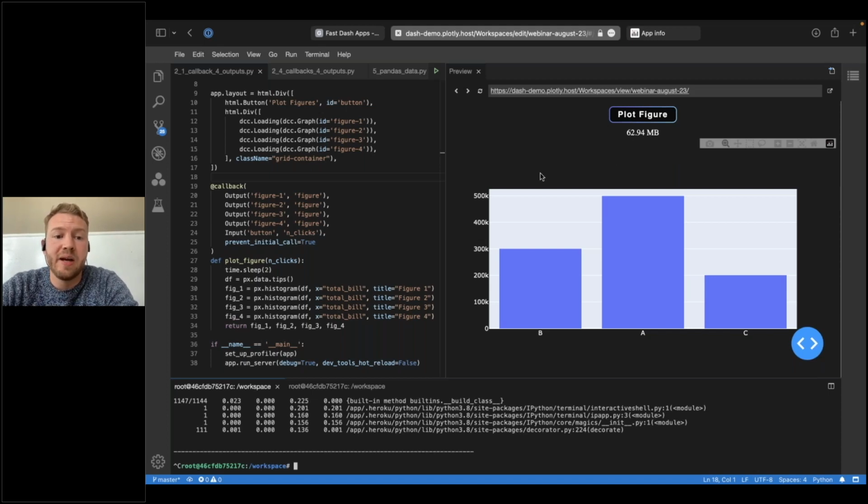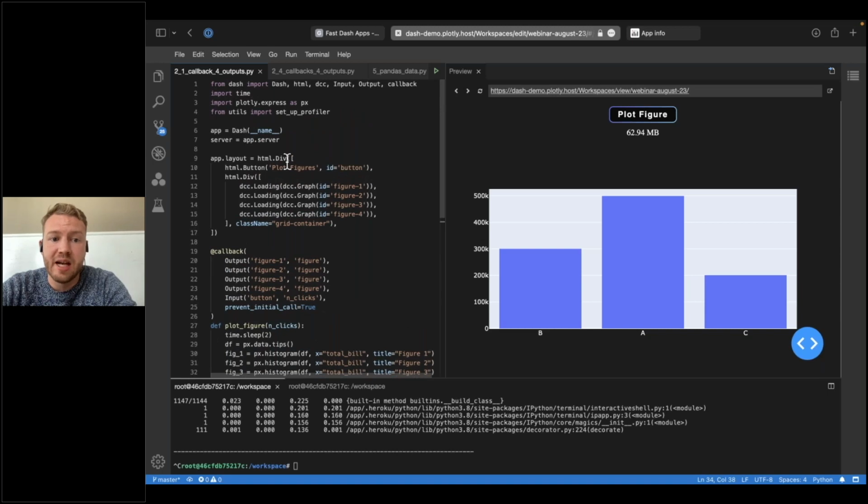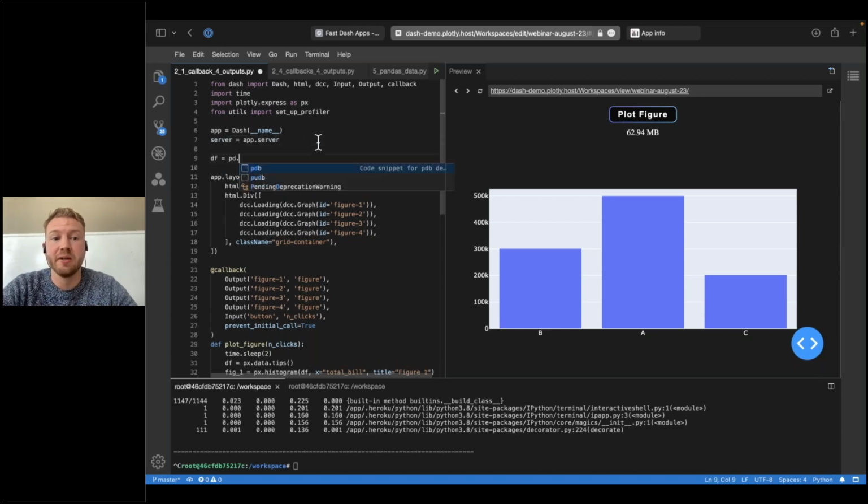And the way to think about it is, when you are writing your Dash application, anything that is described in your outputs that are returned from your functions is going to go up into the web browser. Any data that is outside of that, that is just in memory in Python, is not going to be available to your users. So you might load some data set in here that is, say, secret,